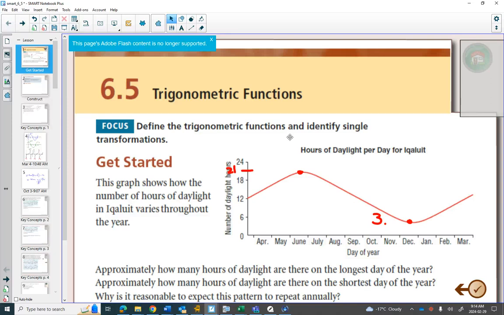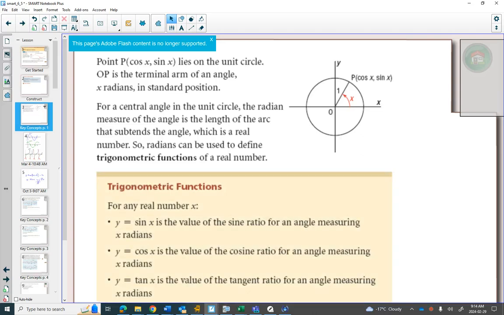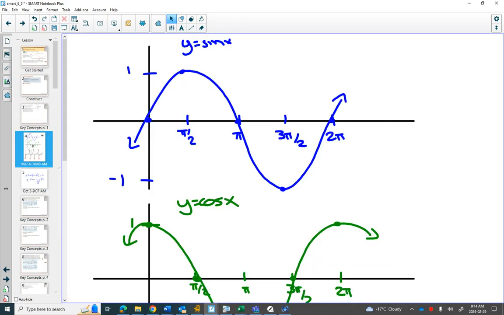Turn to page 514. What we're going to do is look at the trig functions for sine, cos, and tan, and what their graphs look like. So what I'm going to get you to start with